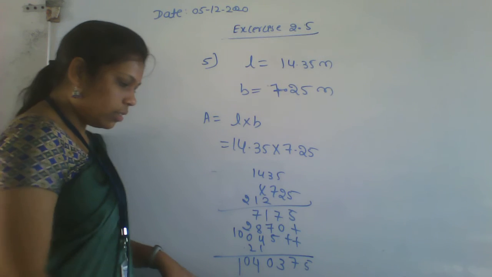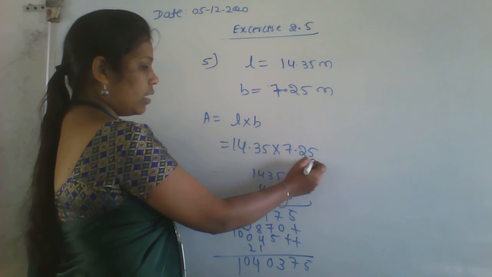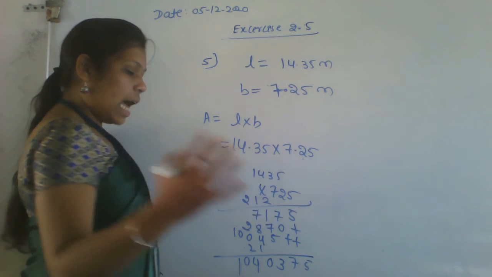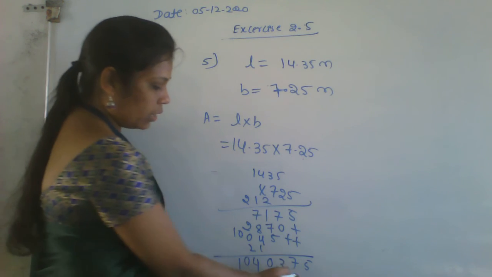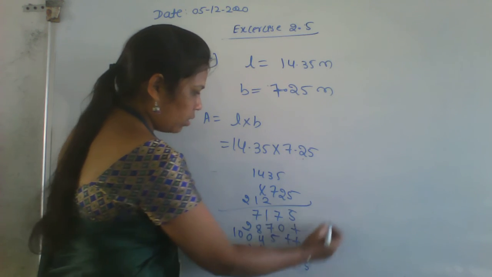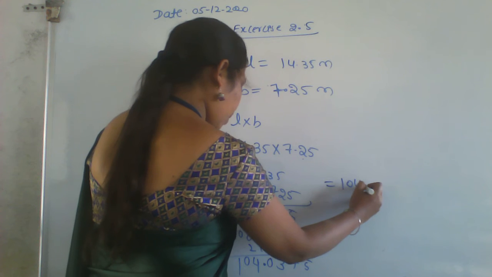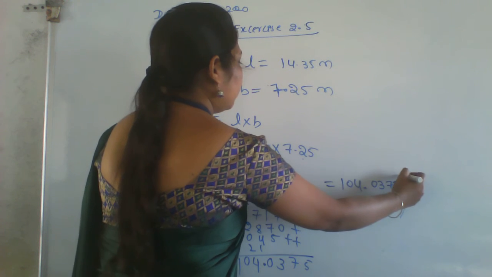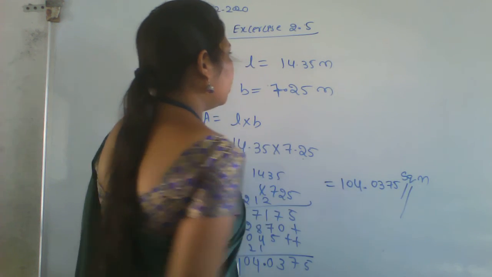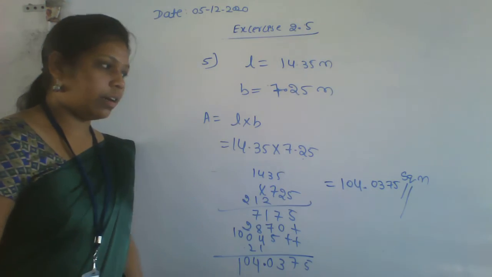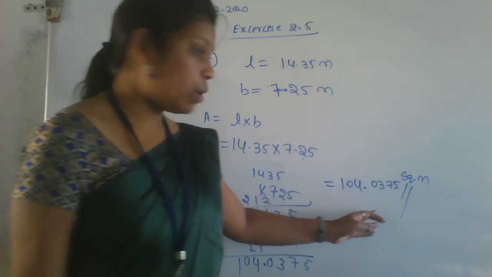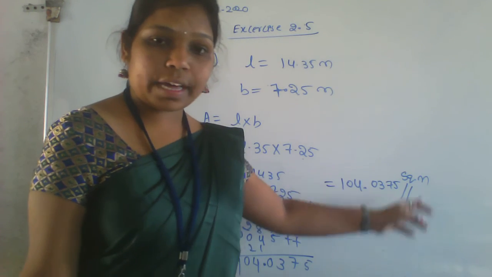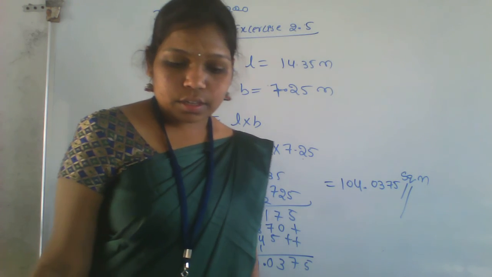Okay, what is the answer? See here, this is here 2 numbers, here 2 numbers. After 4 numbers you have to put a point. After 4 numbers means here. Answer is 104.0375. That is a square meter. Meter is a square meter. Area is 104.0375 square meter. Okay. So next,